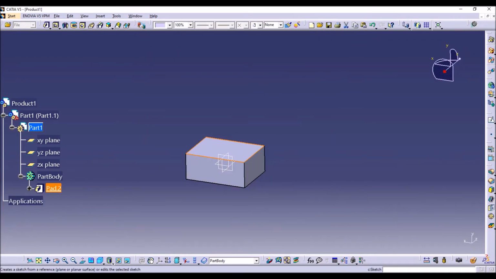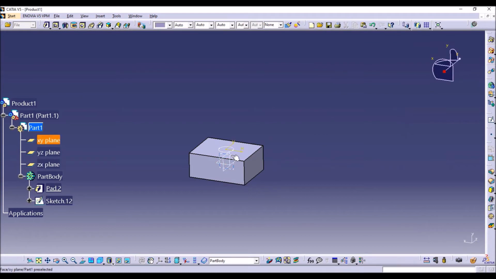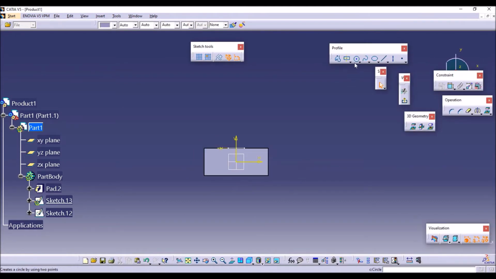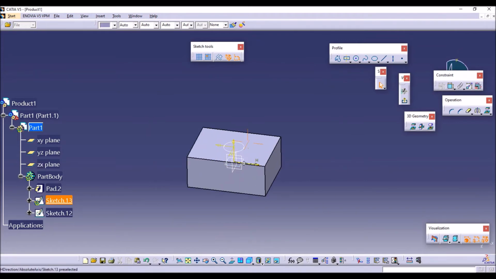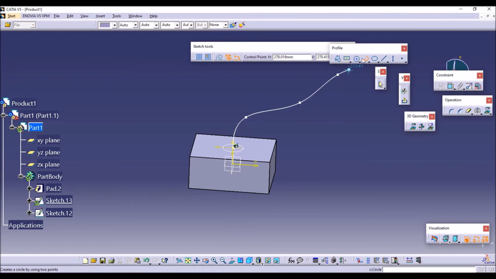Okay, next again I'm going to draw a profile like this, a closed profile having a diameter of some 50. Next, perpendicular to this circle I'm taking a sketch. Now I'm going to draw a spline with this center point, which is at the center of the circle. So for that I am going to project this circle. We are going to get a line. Now I'm converting this line into a construction element. Now select the spline tool and draw a spline with this center. Okay, so the spline is drawn.